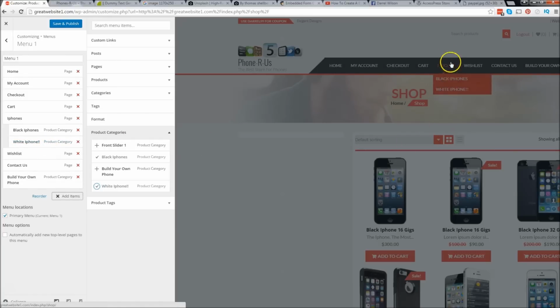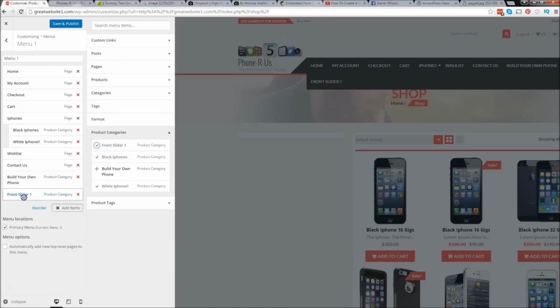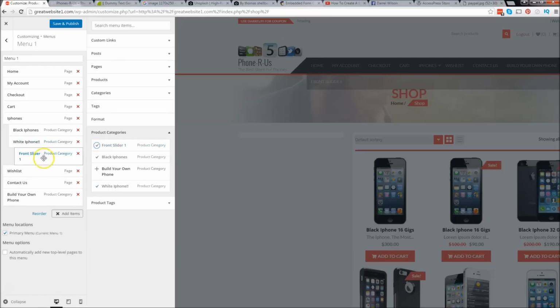So you see how on the right here, I have iPhones in the drop-down menus. You can go ahead and have a third one. So right here under front slider 1, I'm going to go ahead and click on that. And right here, I'm just going to drag this right below the white iPhone. So now the front slider 1 is a sub item for,